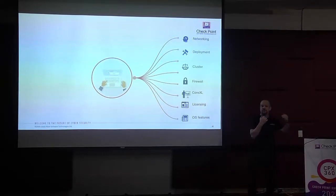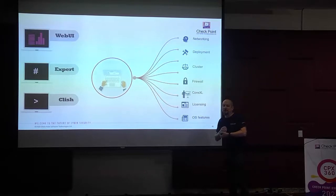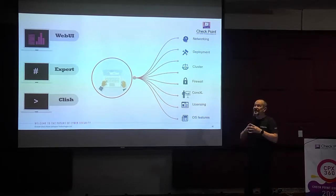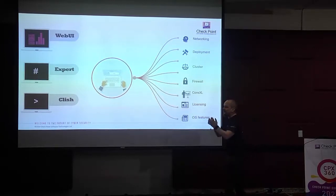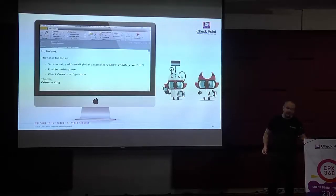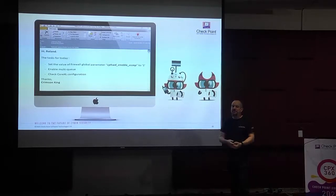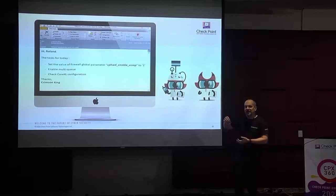Usually you go do it via CLI or via CLISH, and sometimes you need expert. In the regular case, when you need to change some advanced parameters, you have to go to expert. Expert is a bit problematic, especially when we are talking about certain limited admin roles. So let's imagine that you have multiple admin roles and some of the admins are unable to get to expert. In my scenario, let's say I have a super admin Crimson King and he wants to delegate certain operations to his minion, to his helper, who doesn't have the full admin rights, who doesn't have access to